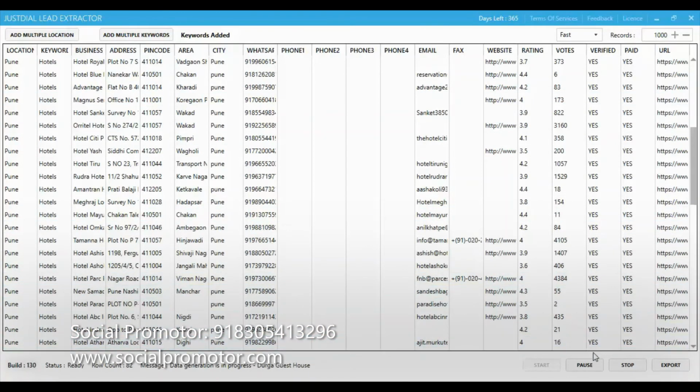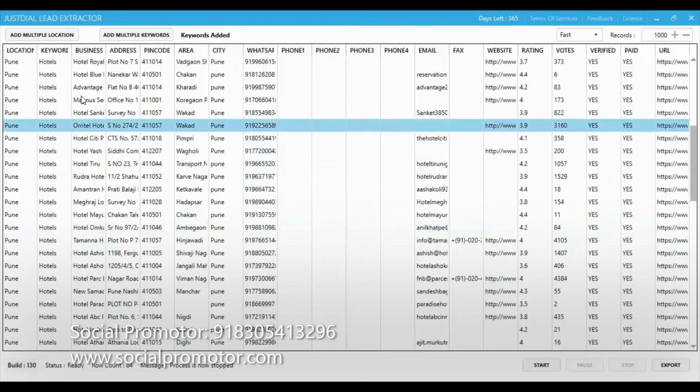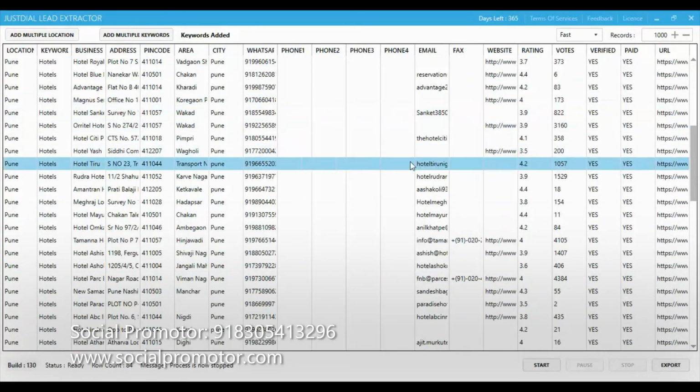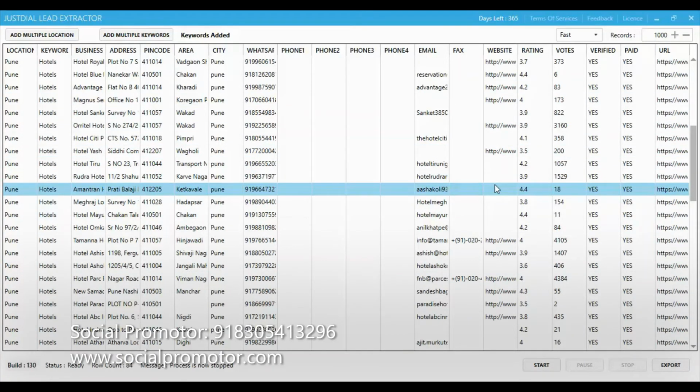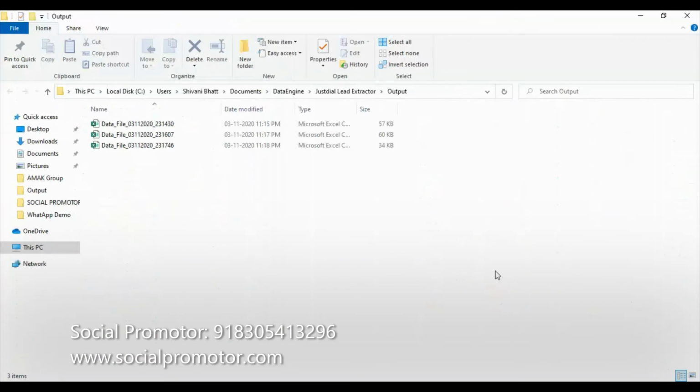Okay, so I'll stop over here. Now I didn't extract the data of the first two. But now when we click on export, you will see that all the three datas are saved in three different files. So now I have clicked on export. Now you can see three different files. We'll just see one here.